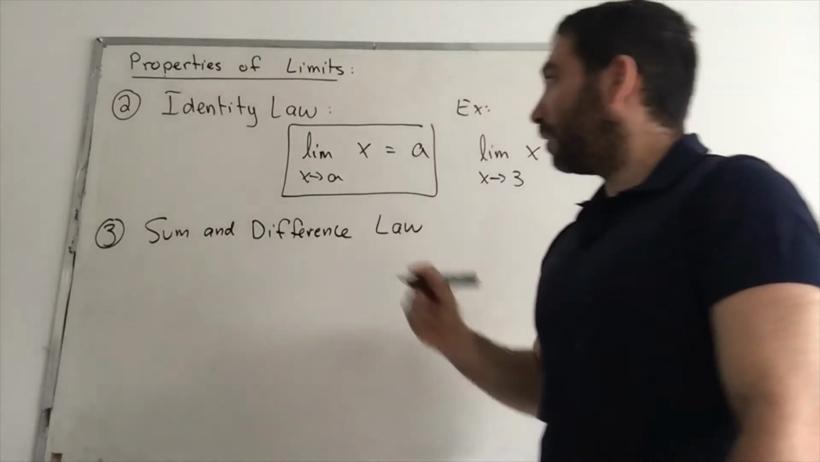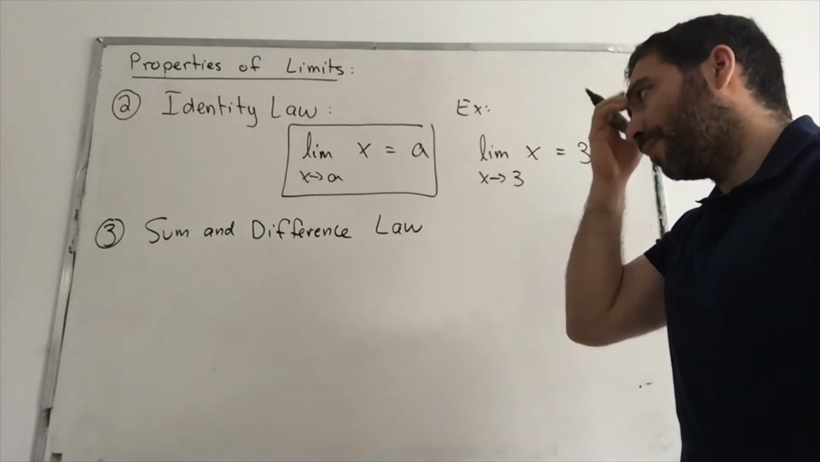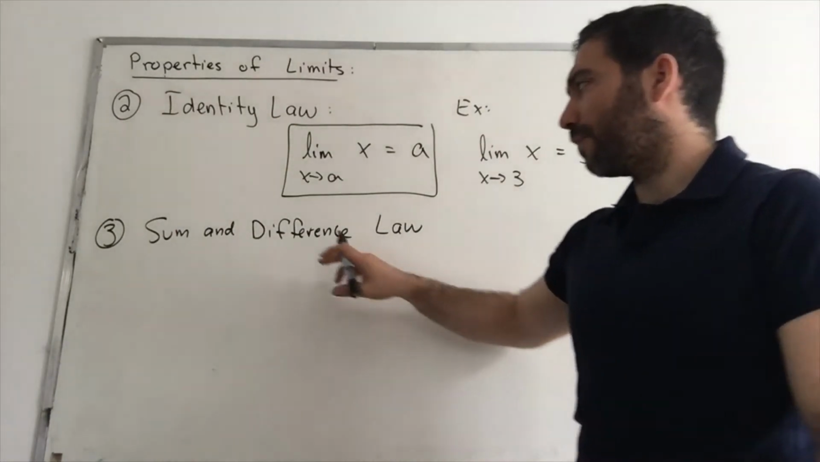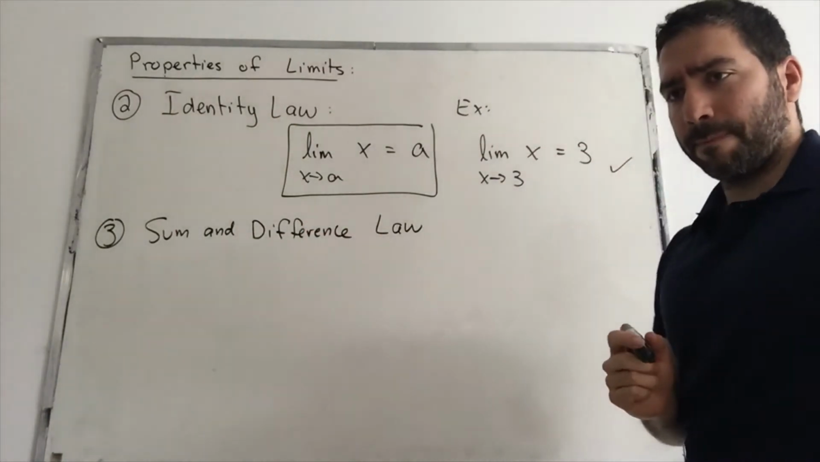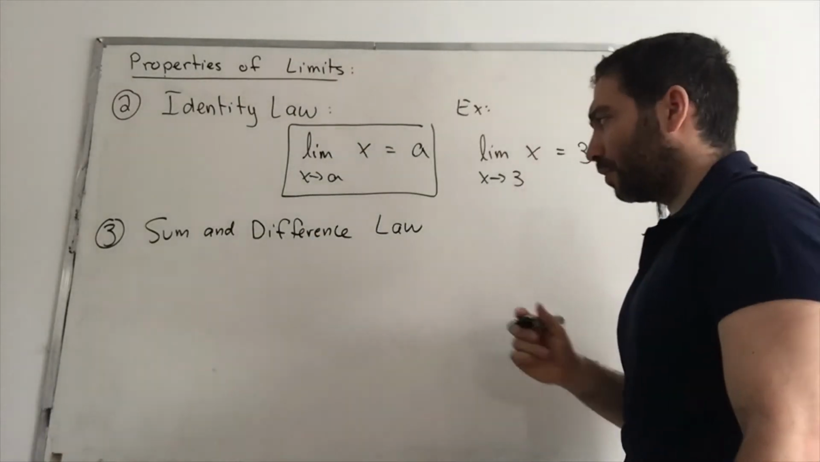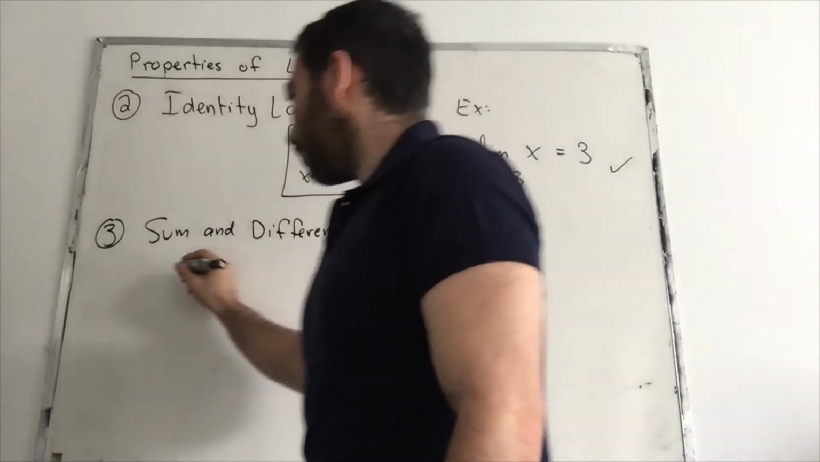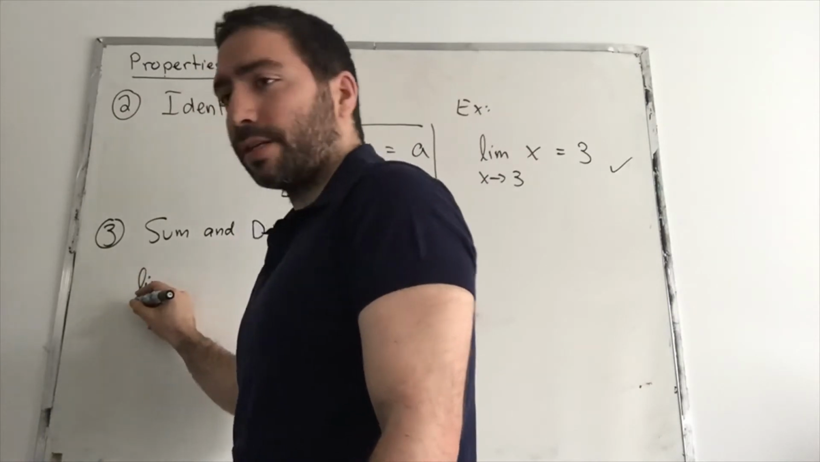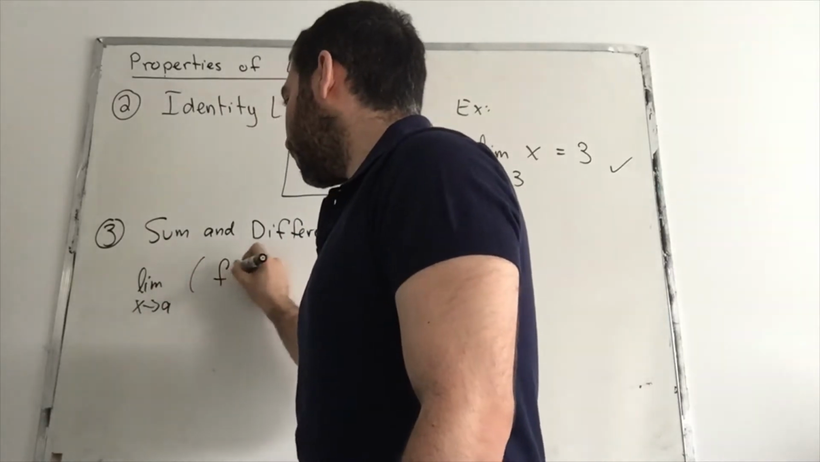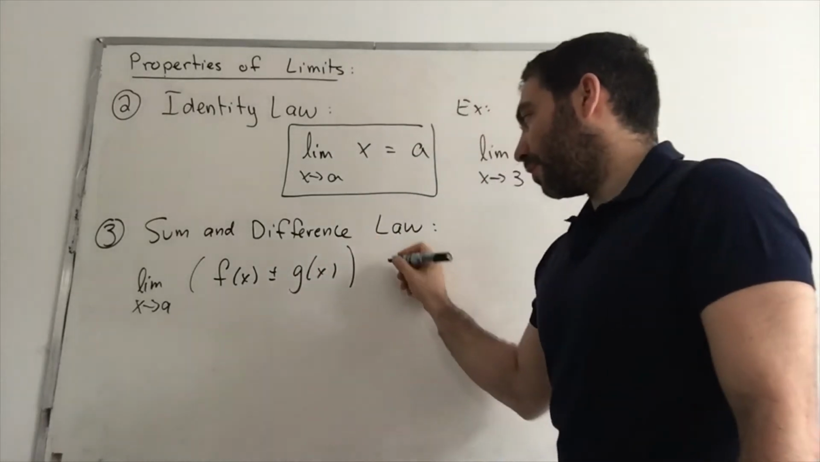I won't prove these properties, but maybe in a future video I'll consider proving them, maybe in advanced analysis or something. For now I'm just going to state them. So we have the sum and difference law, which states that the limit of the sum or difference is equal to the sum or difference of the limits. The way we write it is limit as x approaches a, I'll put them in brackets, f of x plus or minus g of x, it doesn't matter, is equal to,